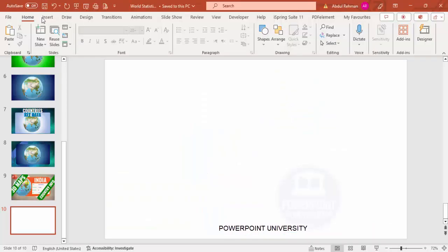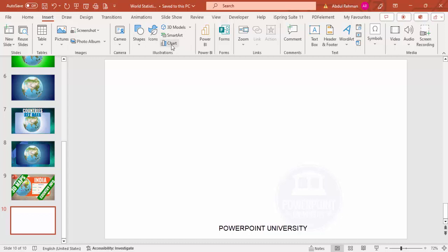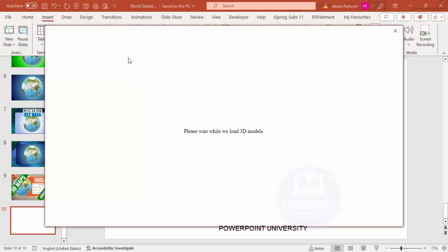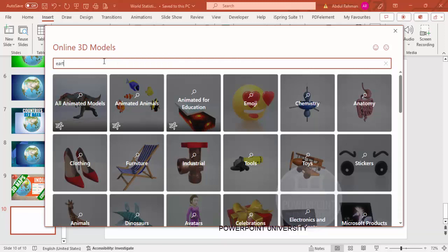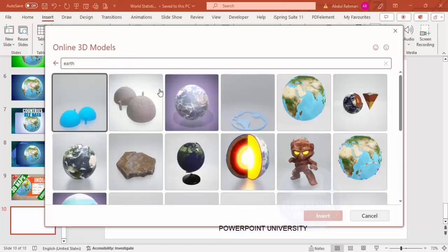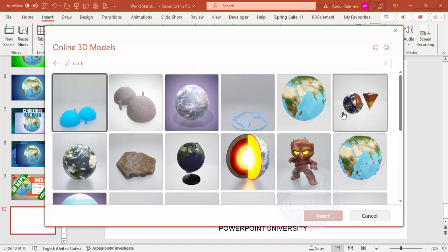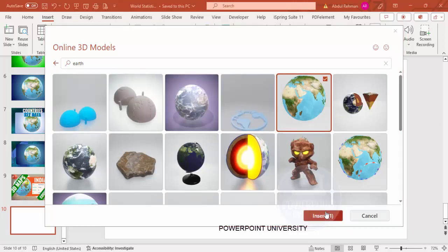Add a new slide, go to Insert. Here you can see in the illustrations the 3D models, and these 3D models are available only from the 2019 versions, I believe. All right, so please check it. If you don't have it, that means you're using an older version of PowerPoint. So let me just click the 3D models, and sometimes it will take some time to load the objects. So here it is. I'm going to type Earth and press the Enter key, and you can see here I've got different 3D objects. So I'm going to choose this one and click on Insert,